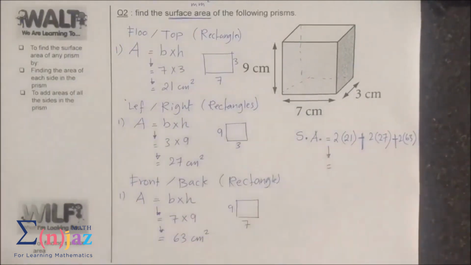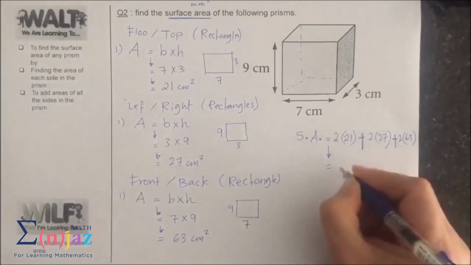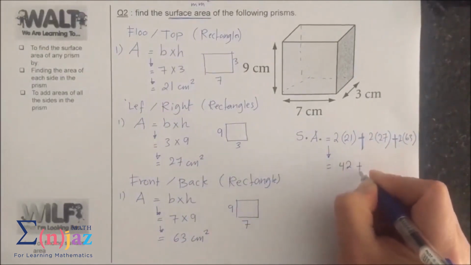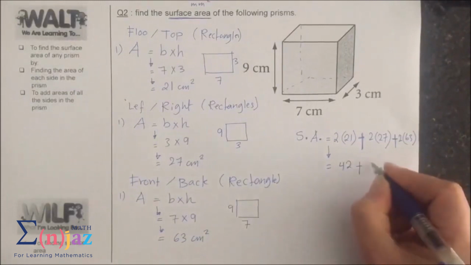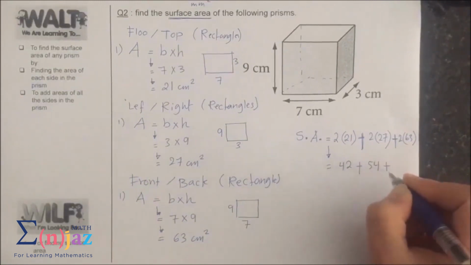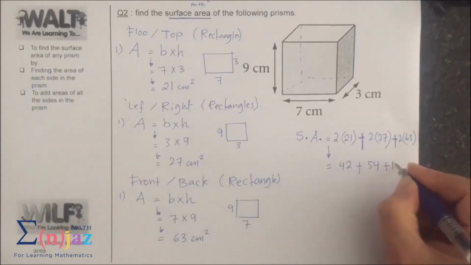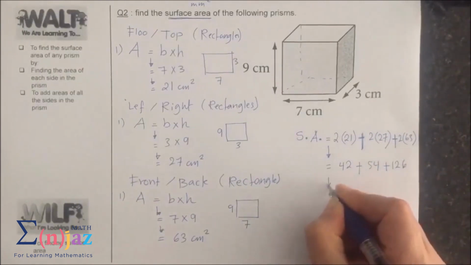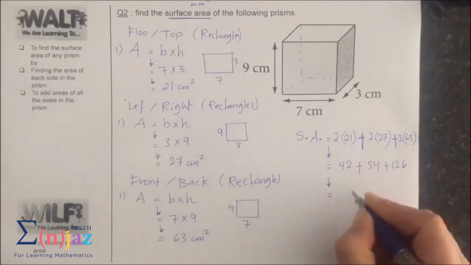Now let's simplify. So 2 times 21 is 42, plus 2 times 27 is 54, and 2 times 63 is 126. Add, and it's